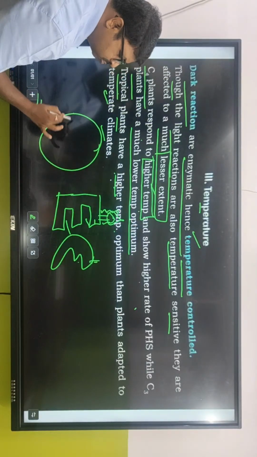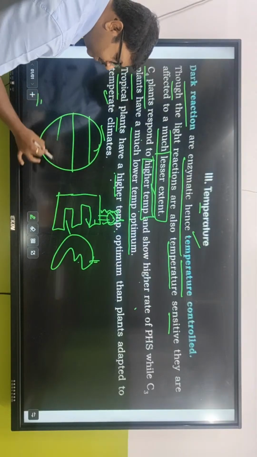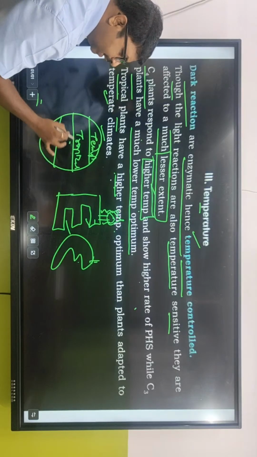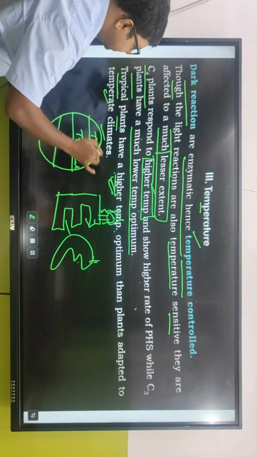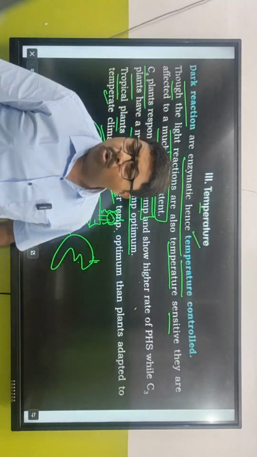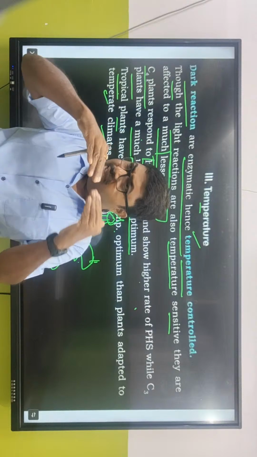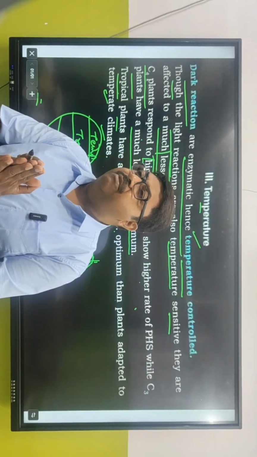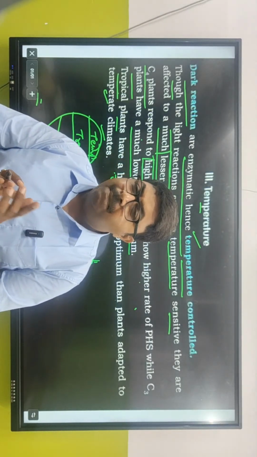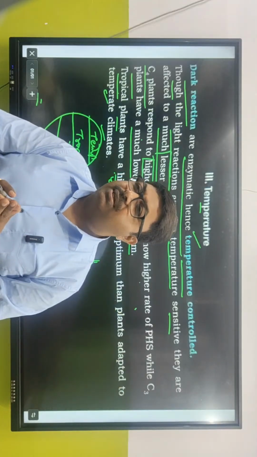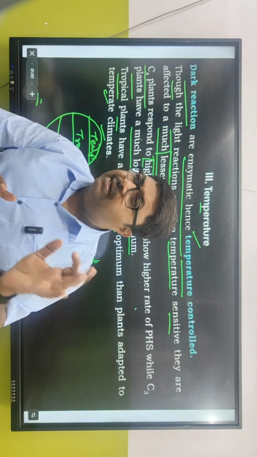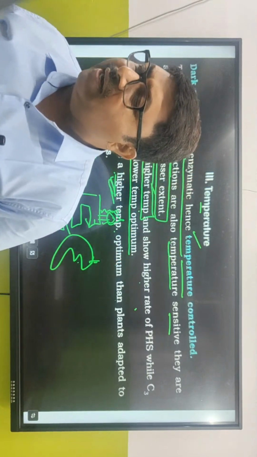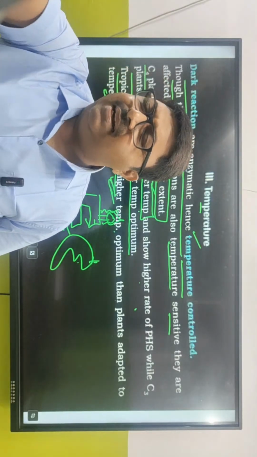Kire tropical age din alochona korechilam, tropical and this is temperate and this is tropical. So tropical plants ওদের টেম্পারেচার বেশি থাকে and they are tropical plants, they have got a higher temperature optimum. Think about C3 and C4 plants এর একটা ভালো ডিফারেন্স. In C3 they become highly activated between 25 to 30 degrees Celsius, but C4 plants they need higher temperature and that is close to 35 to 40 degrees Celsius. বইতে বের কর C3 and C4 এর একটা পয়েন্ট অফ ডিফারেন্স আছে। আর লাস্টের দিকে দেখ টেম্পারেচার রিকোয়ারমেন্ট রয়েছে।